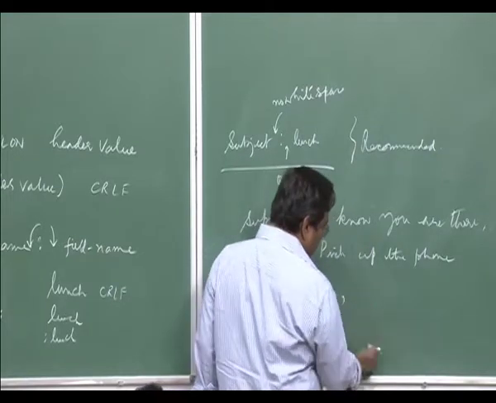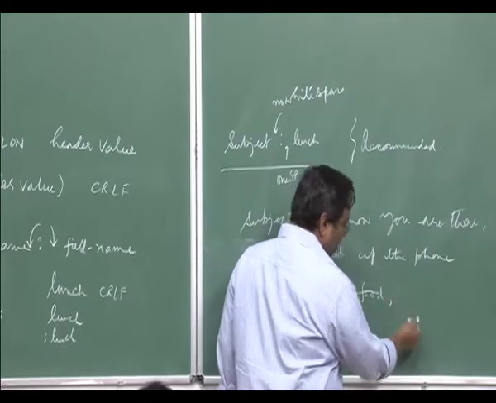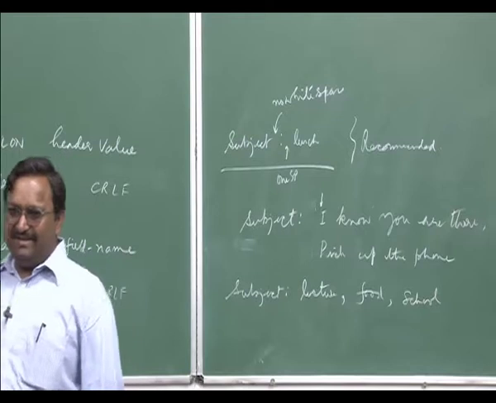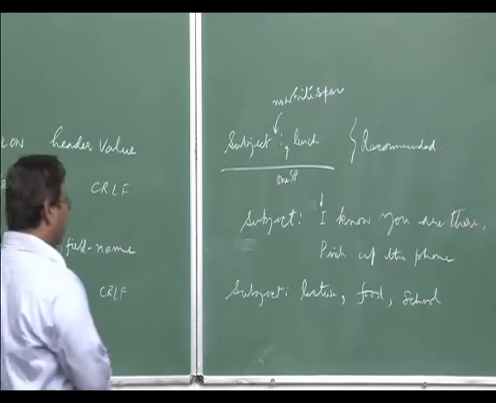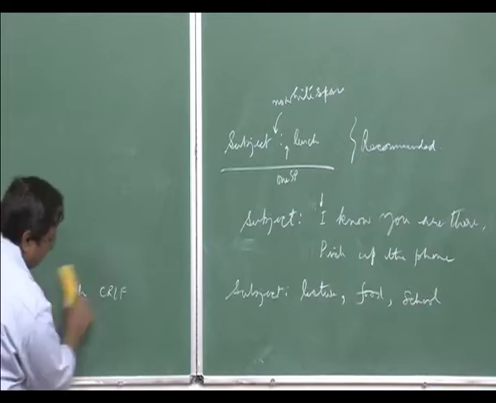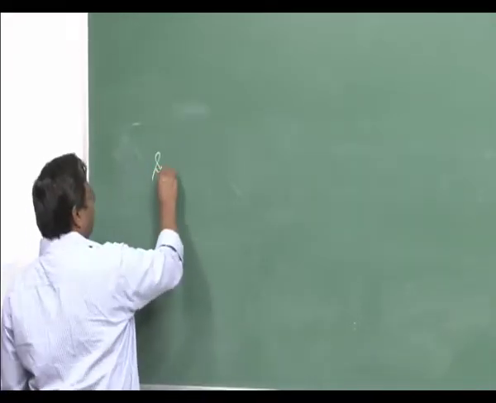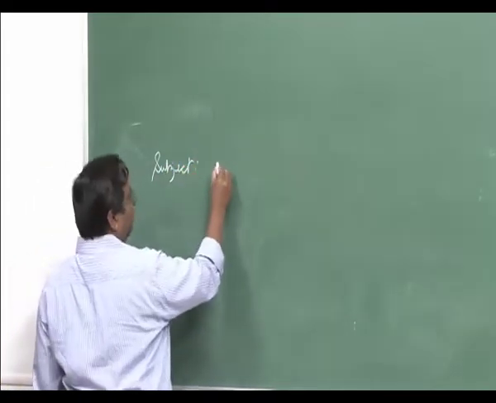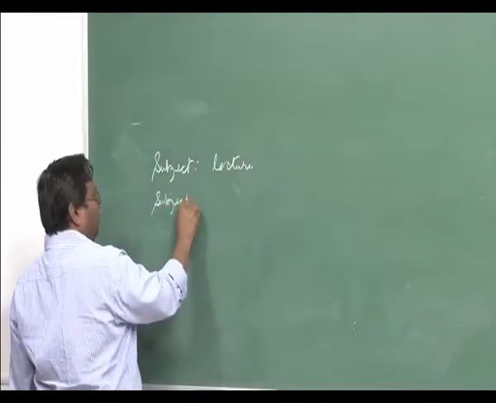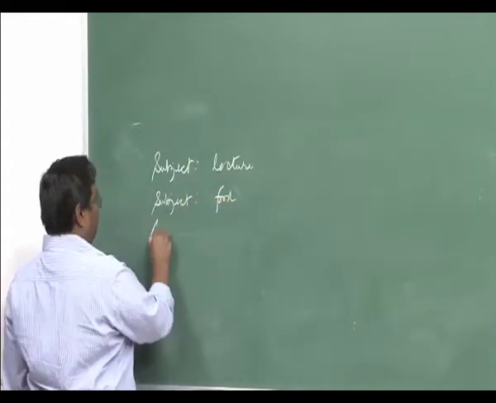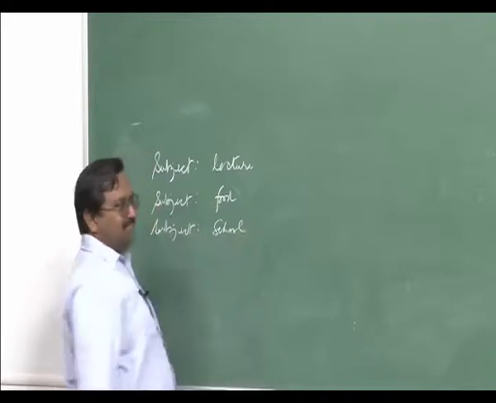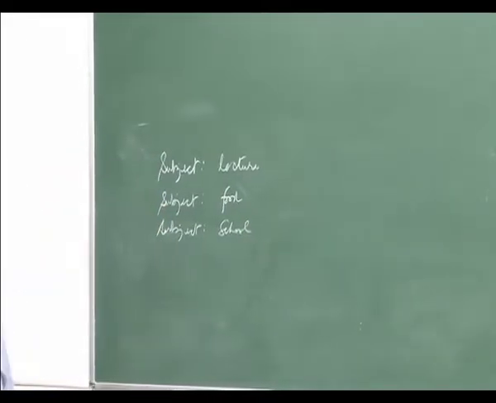You can put a comma, then you can say food, that is another value. You can put say school, that is another value. So, 3 values for this particular thing. In fact, this is equal to, interestingly, I will come to that. I was coming to the ordering, but let me give this a special ordering. This is nothing but equal to actually writing this: subject, lecture,